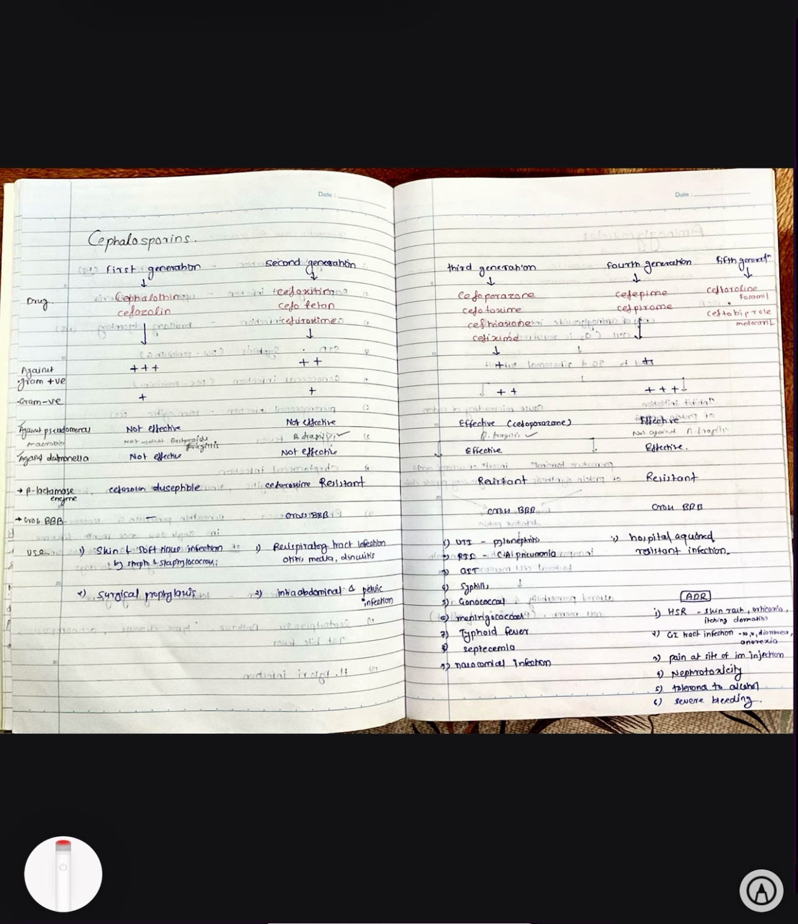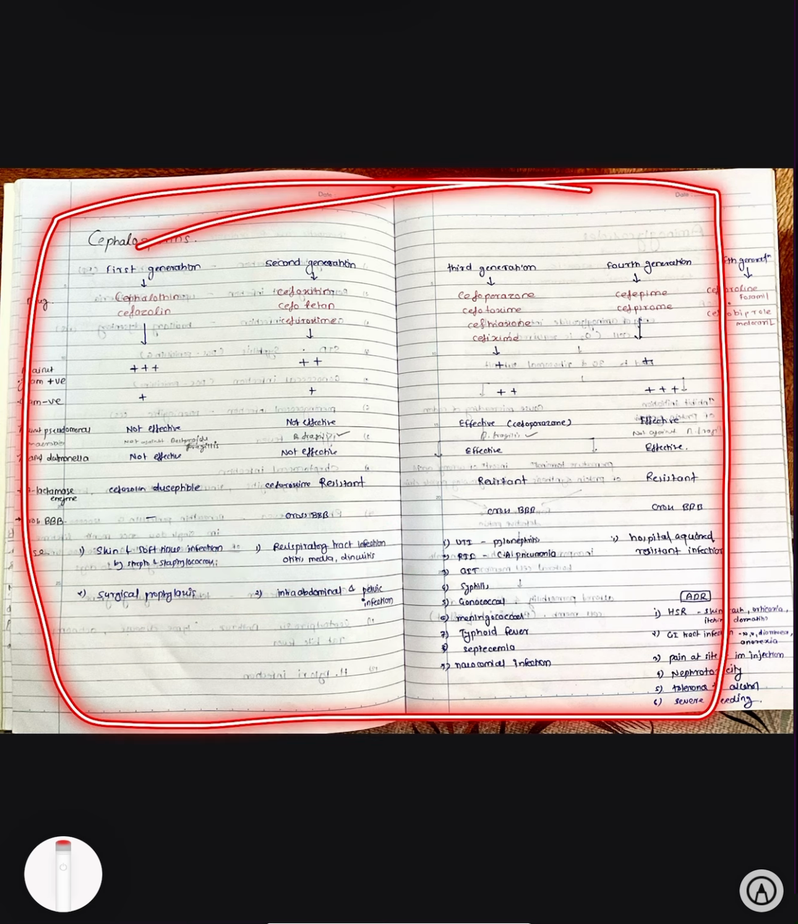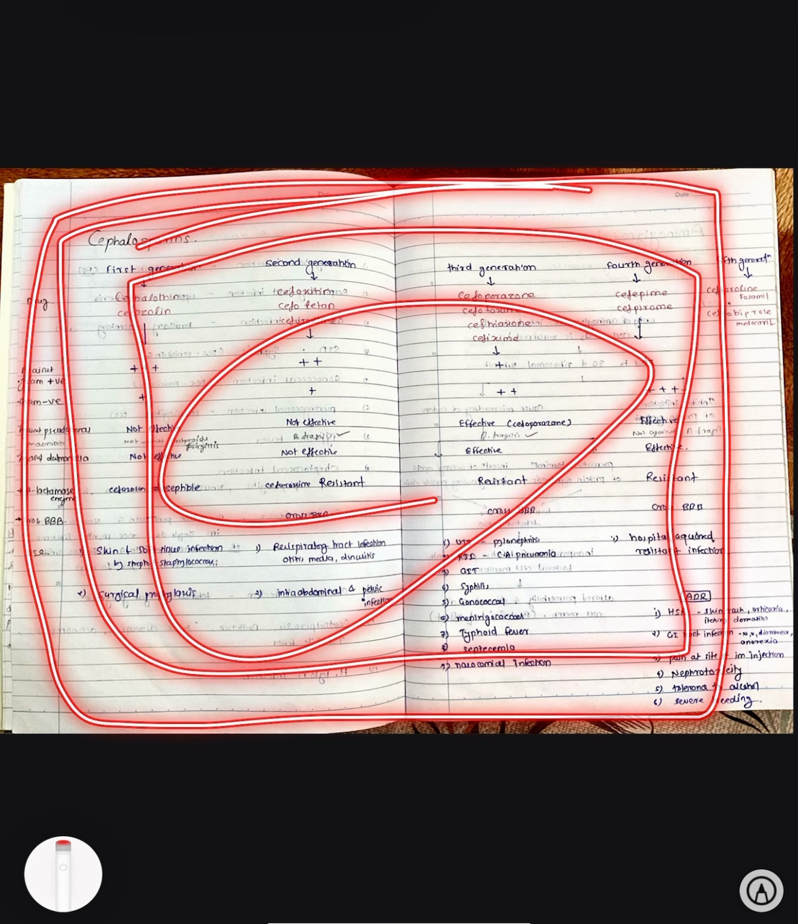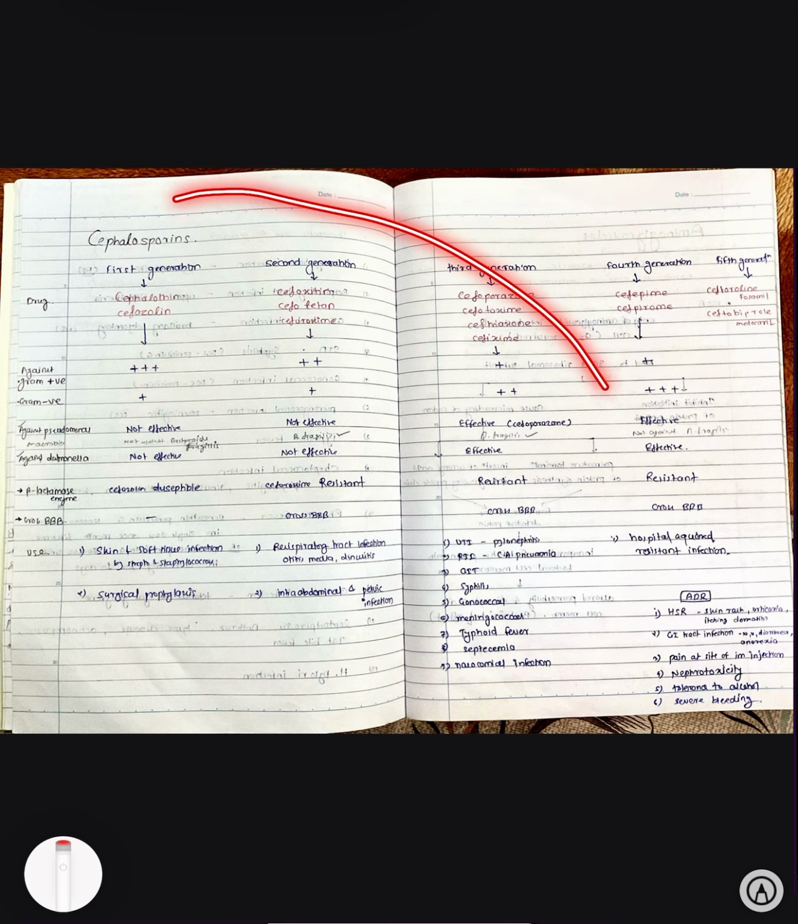After that, the fourth generation is used for hospital acquired resistant infection. The fourth generation is used for hospital acquired resistant infection only. So these are the uses of the various generations of the cephalosporin. By this chart you can remember all the information about the cephalosporin. The adverse drug reactions of the cephalosporin I will tell combined: hypersensitivity reaction, skin rash, urticaria, itching and dermatitis, gastrointestinal symptoms like nausea, vomiting, diarrhea and anorexia. Then pain at the site of intramuscular injection, nephrotoxicity, intolerance to alcohol and severe bleeding are the various adverse drug